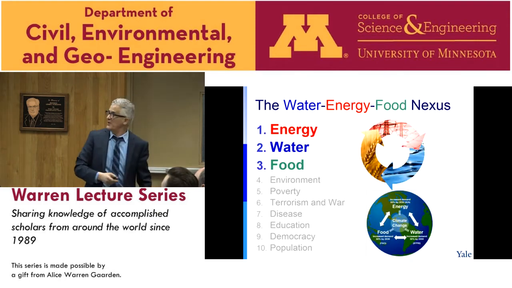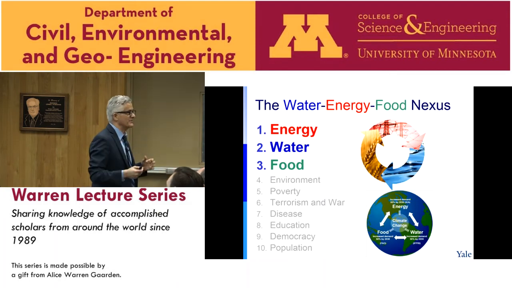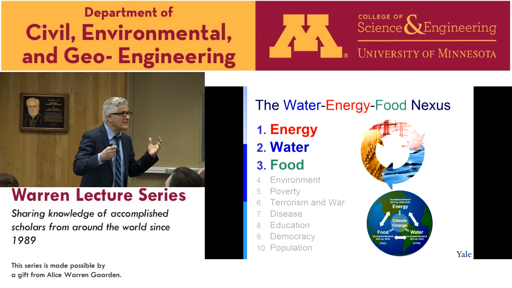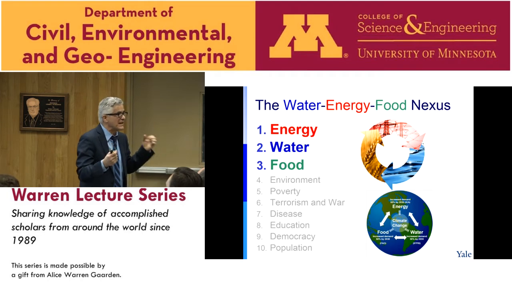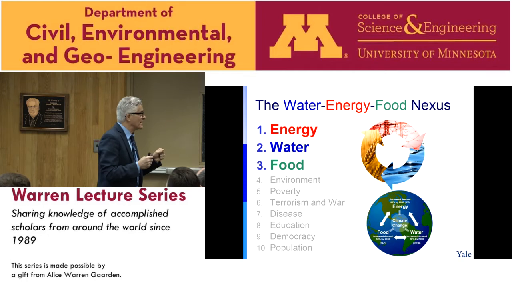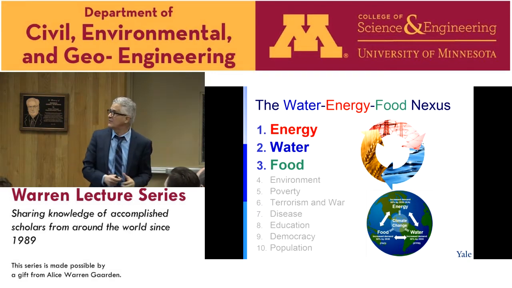We extend it to the water-energy-food nexus. It's a buzzword, and if you want to get funding, you need to put something in the proposal: water-energy-food nexus. And the reason is that at least 70% of the water goes to agriculture, and in some developing countries, 90% of the water goes to food and agriculture. So it's quite significant, and this is why we have all these nexus here of the energy,